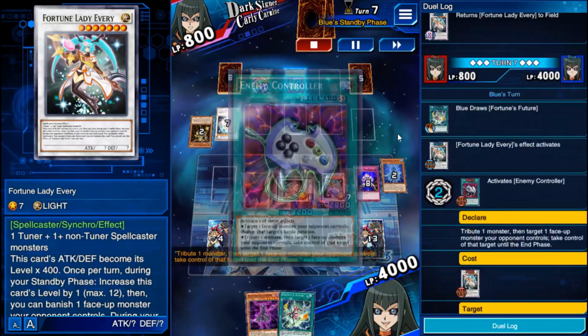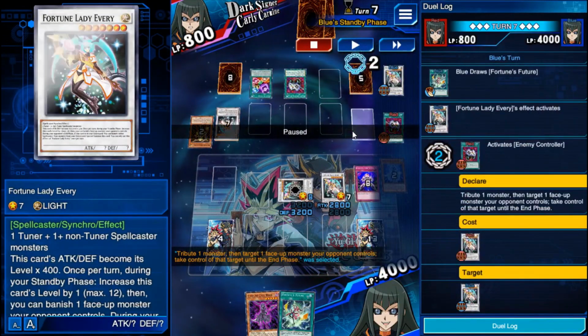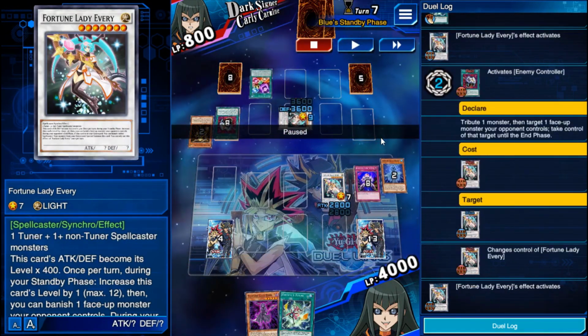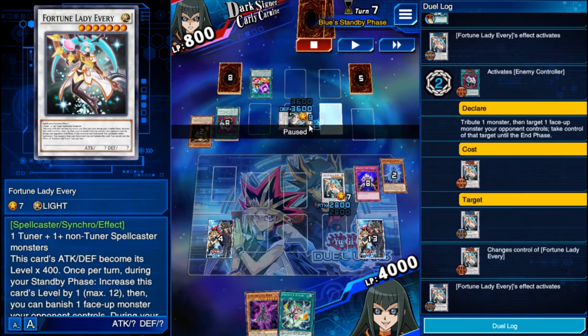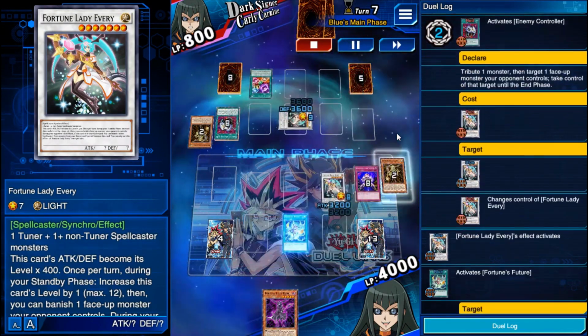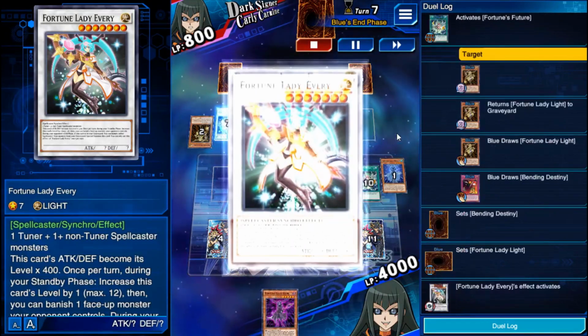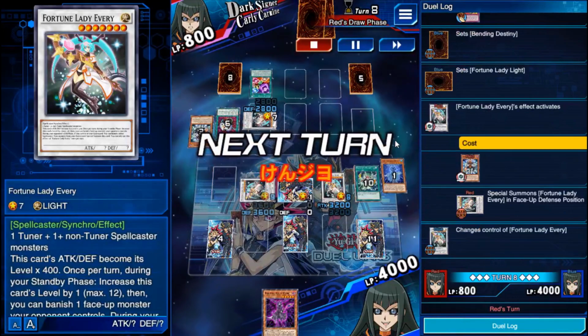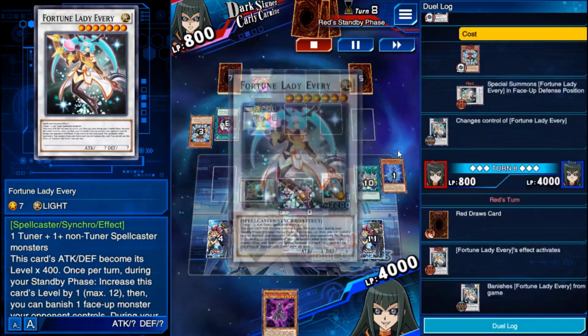Fortune Lady Every. Enemy Controller takes my Fortune Lady Every. And here is where I messed up. Right here, I could say, banish a card, right? And I could have banished this and then swung in for lethal. I decided not to. It didn't end up costing me, but that's where I should have done it, and I didn't. I wanted to keep it, and that was foolish of me, because now they have a Fortune Lady Every